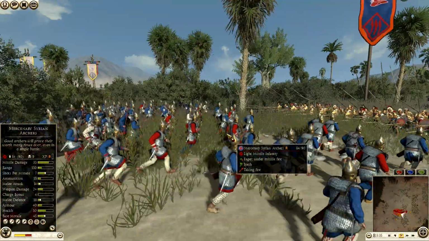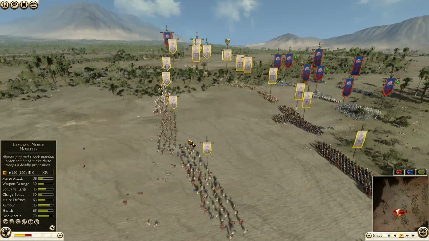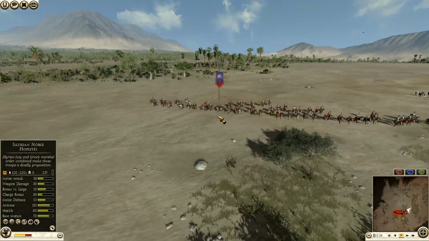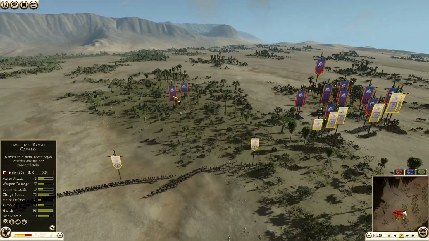And as you can see, Syrian archers are taking some damage there, and it does not help them against other ranged units at all. They're still just as vulnerable. Now my slave javelin men actually do get a decent amount of kills. I notice he has another Bactrian noble horse around here, and I'm just going to stave him off with some of my melee infantry. Since I know that, oh,